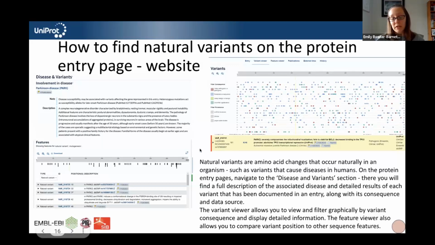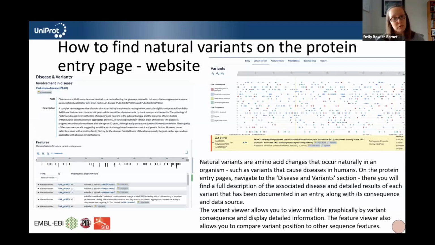Also on the entry page, we have our variant viewer. The tab is at the top of the page. This again is a graphical view of the amino acid string, N-terminus to C-terminus, left to right. You can scroll and zoom, and each dot stands for an amino acid variant found on the sequence. You can filter via provenance and consequence, provenance being source. So you have UniProt curated variants here, as well as things brought in from cross-references such as ClinVar, and your